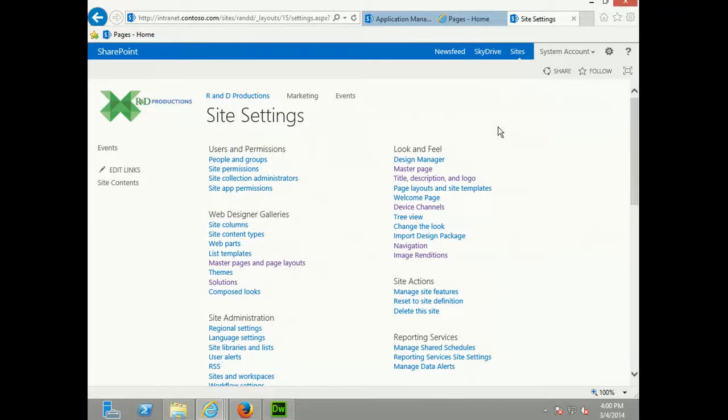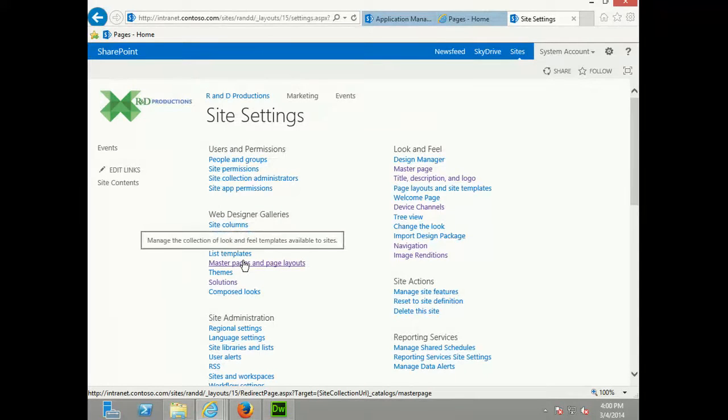So this is my site. It's R&D Productions. You can see I've got a couple of subsites and a page there. Underneath it, marketing is a subsite and events is a page. How do I work on this? Again, this is a development environment. So this is an on-premises VM, right? So it's full servers that I have access to. But for this purpose of showing you a development environment, I say that because this is not where I would store these items if I was actually writing a full trust solution to deploy this out to the server. But for development, the easiest place to put that is in the master page gallery. So if I come over to my master page gallery,